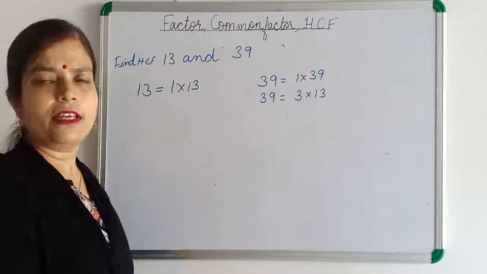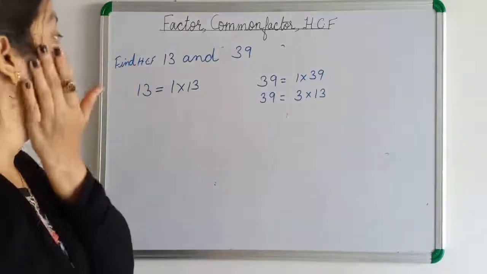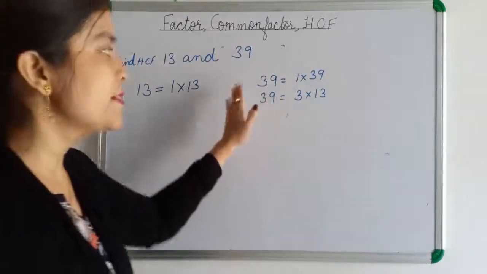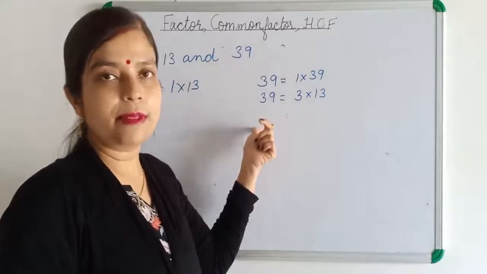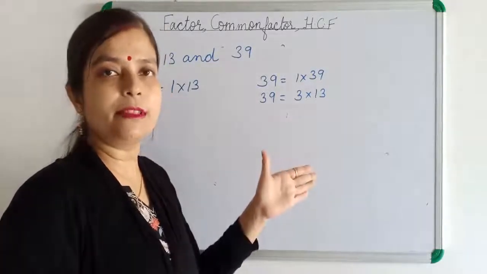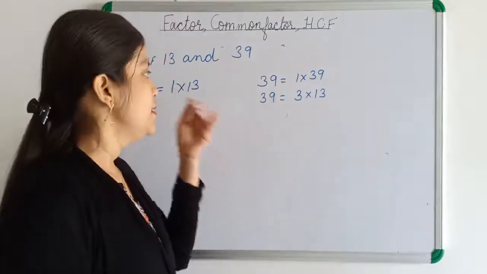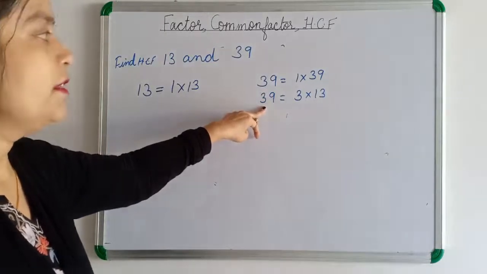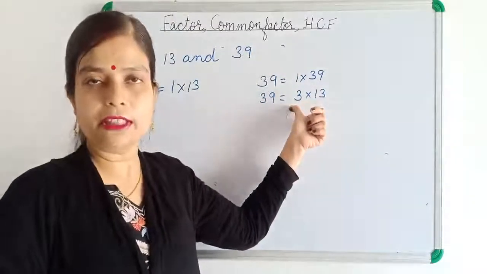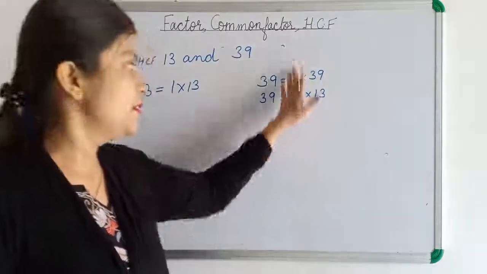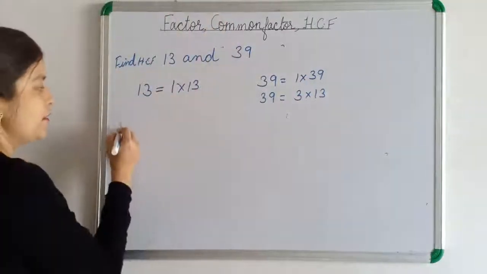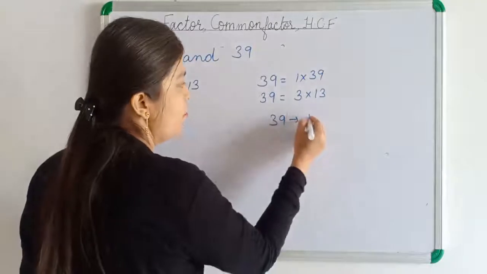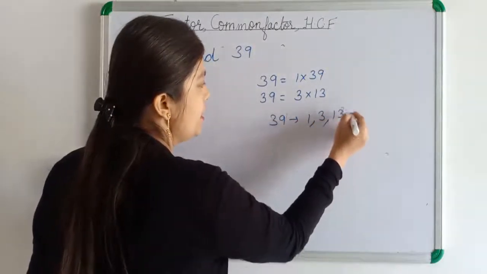You go on dividing and you check all the numbers. It is not divisible by 4, not divisible by 5, not divisible by 6, not divisible by 7, neither is it divisible by 8 perfectly. I am talking about perfectly divisible, means leaving 0 as a remainder. Okay, so we can't divide it perfectly by 8, 9, 10, 11, 12. Now we can divide by 13. Again it will repeat only. 13 3s are 39. So no need to check further. So all the factors of 13 are 1 and 13, and of 39 are 1, 3, 13 and 39.